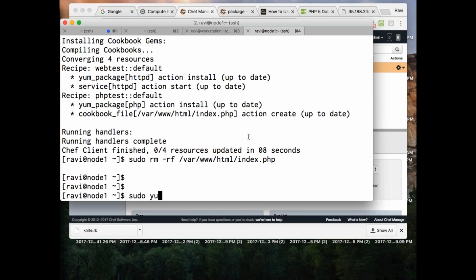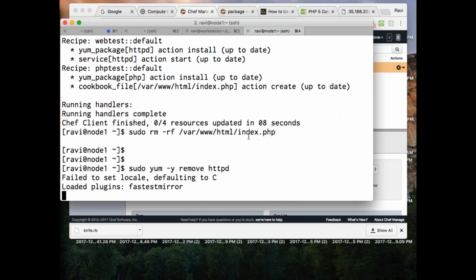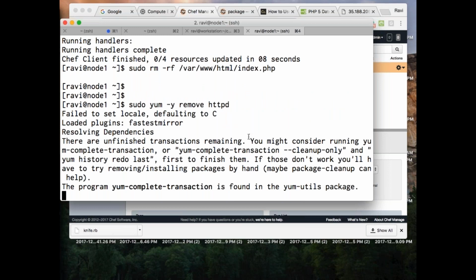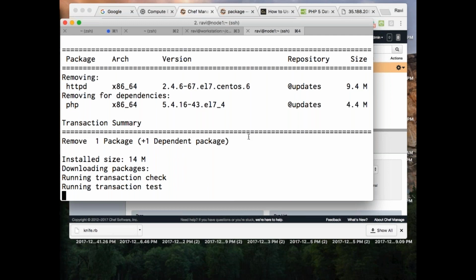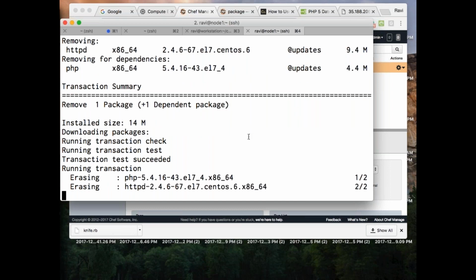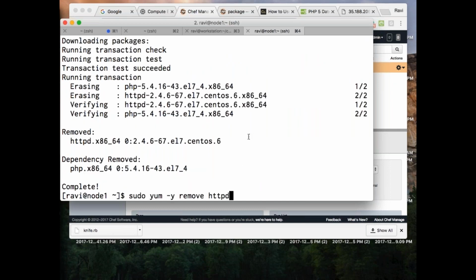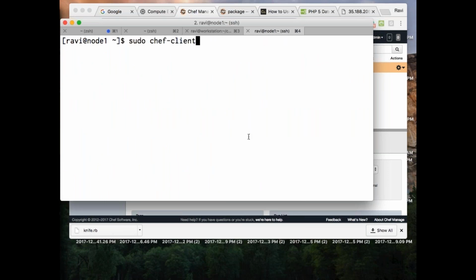So let's say sudo remove HTTP. Right now, let me go and run my sudo chef-client again.